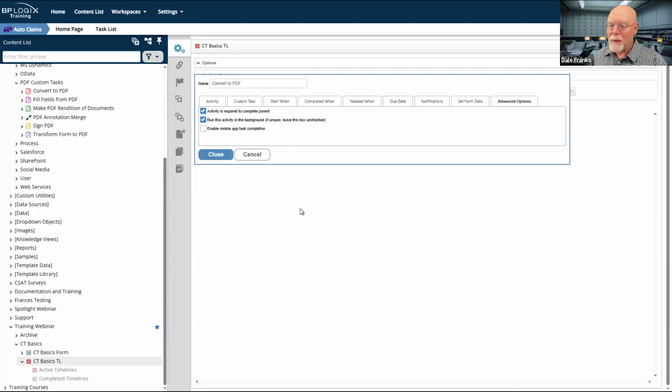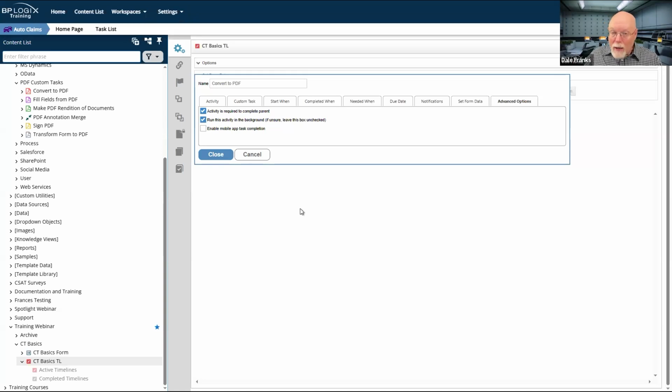What run activity in the background is going to do is it's basically going to let the process timeline continue to move forward, and it's going to do that PDF conversion in the background. It's going to take however long it takes to do that PDF conversion. Ultimately, when it's done, it's going to be displayed.